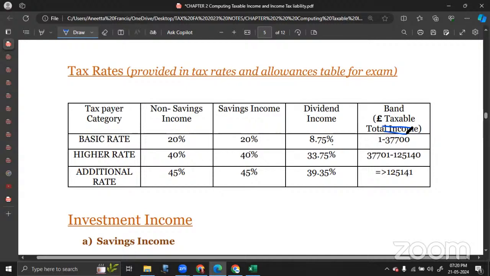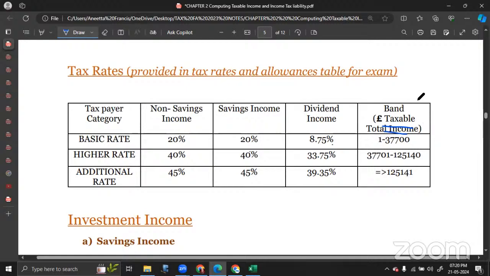So if your total taxable income is between £1 and 37,700, you are a basic rate taxpayer where you will be paying a tax of 20% on savings and non-savings income, 8.75% on dividend income. Now, if your total taxable income is between 37,701 and 125,140, you're a higher rate taxpayer and you have to pay a tax of 40% or